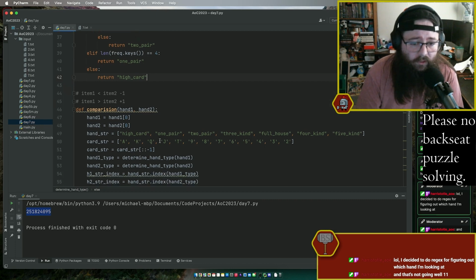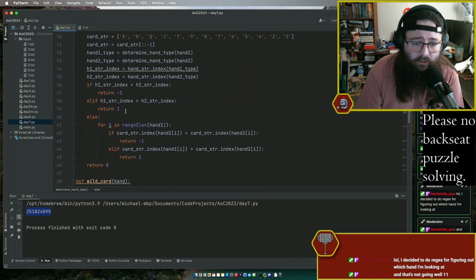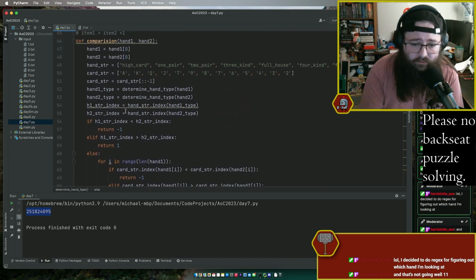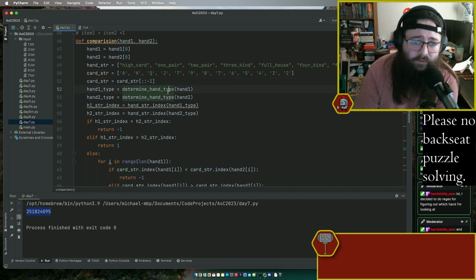Just a high card. So then we built a comparison function that is a little janky, because I know that I could have clumped things together and tidied this up a little bit. But basically, we looked at the hand strength and the card strength in increasing order. I accidentally put this in decreasing order because that's the format on the website, and so I just reversed it to get increasing order. Determine the hand type of both of your hands that you're comparing, and then figure out